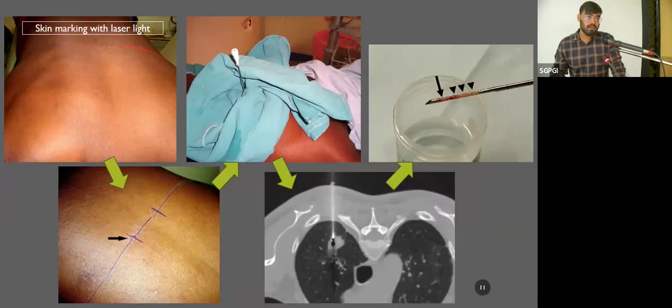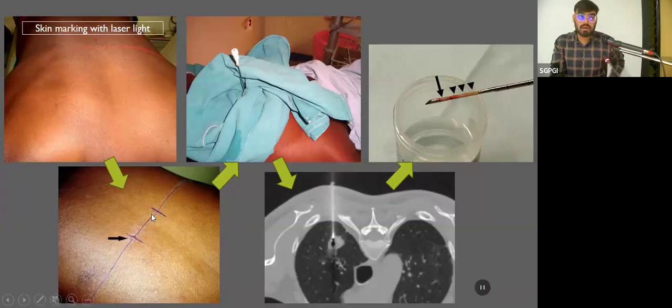Then we will look for the smallest and best path, with less visceral involvement, which can be encountered as we go through the thoracic cavity to the lesion. Then, with the help of a laser jet, we will mark the thoracic wall, and then